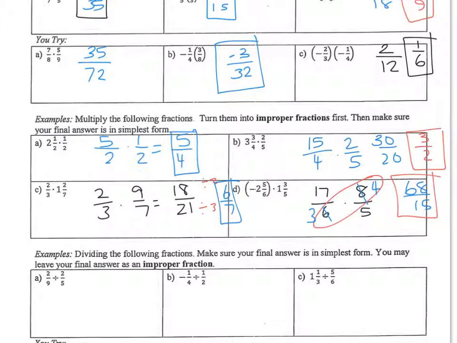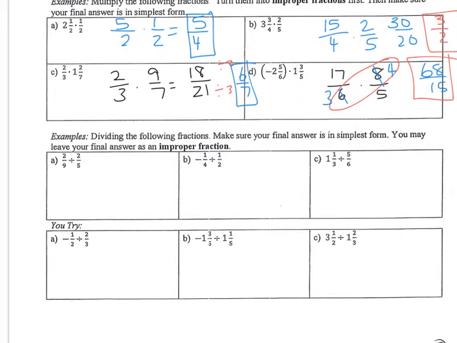And when you divide fractions, what you do is you change it to a multiplication problem. So to change it to a multiplication problem, you keep the first fraction exactly the same, but then the second fraction gets flipped over. So it's times 5/2. You multiply by what's called the reciprocal. I'll spell that out. Reciprocal is when you flip a fraction upside down. So instead of a over b,